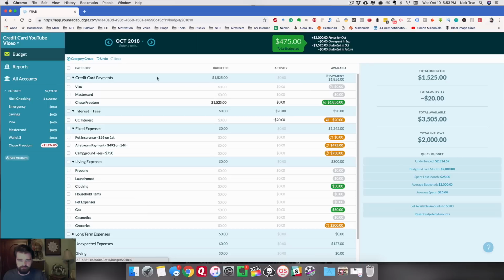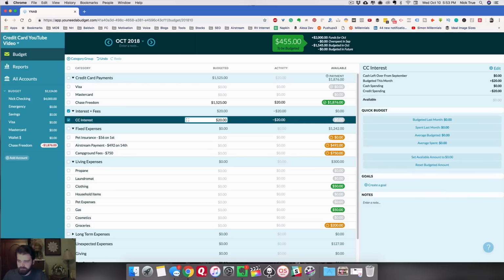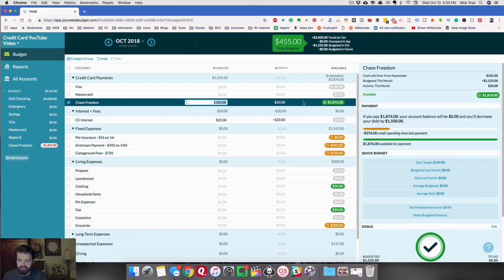And of course, just like any other overspending, we'll need to make sure that we budget for this interest. So in this case, we'll add $20 right here. And now we're good to go. We treat it just like we would any other transaction. We budgeted $20, we spent $20 on credit card interest, and YNAB moved that $20 to the credit card payment category so that we have enough money here to actually pay off the credit card, including the interest that they